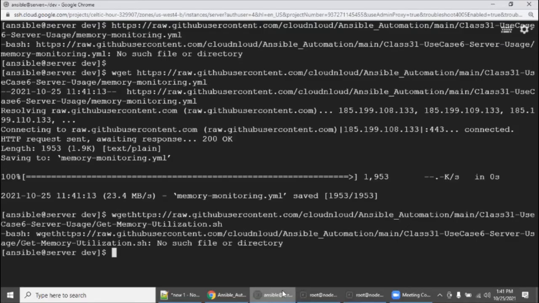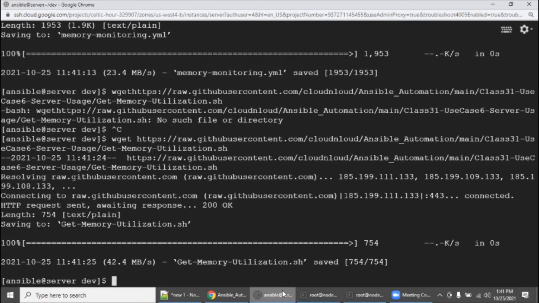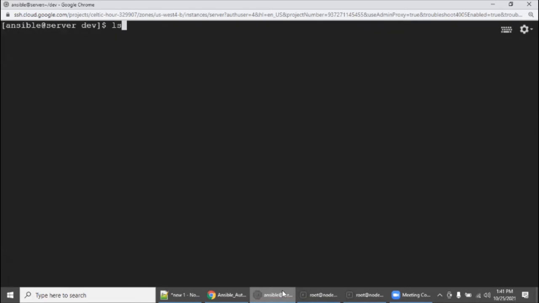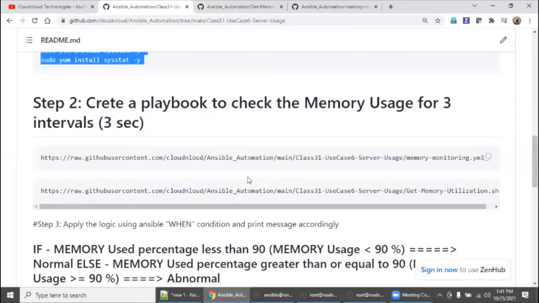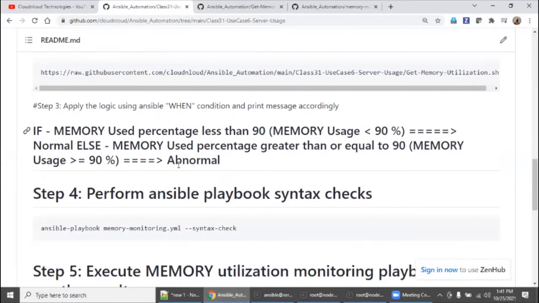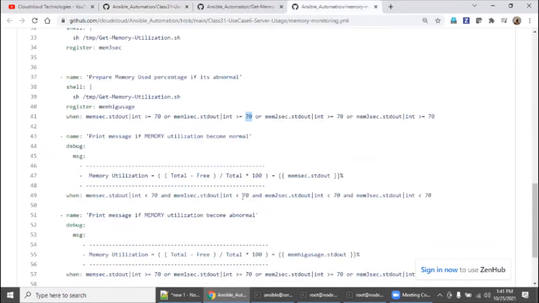If you want, you can add wget, space, that URL. So if I say ls -ltrh, then I have the YAML file, I have the script file, right? So now, as per this, it's not 90, it's 70%, right? If you want to change it to 90, then you can change the value to 90, right?